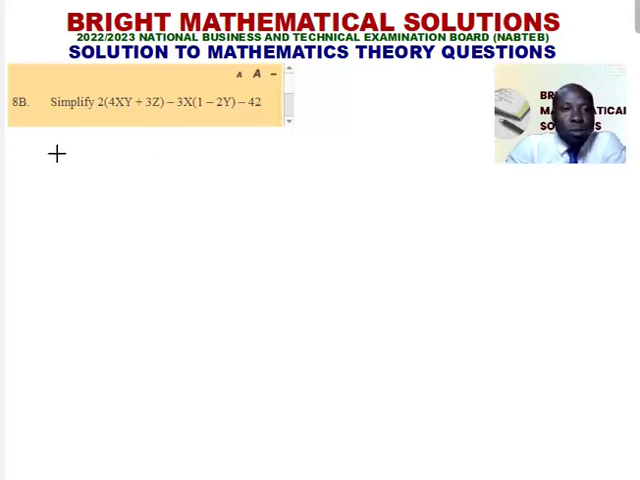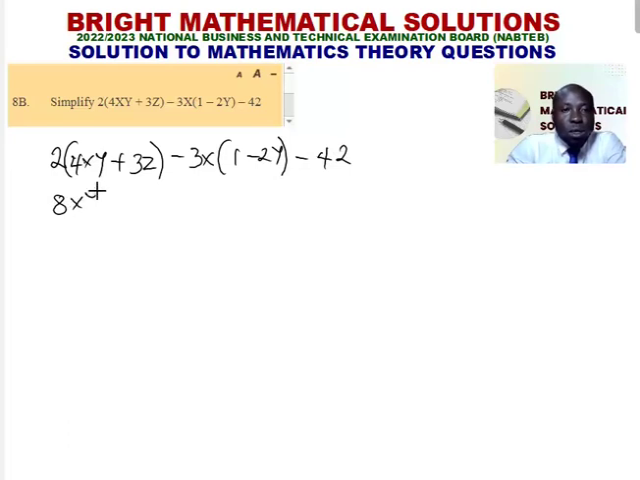And so 2(4xy + 3z) - 3x(1 - 2y) - 42. So let us open the brackets. This will give us 8xy + 6z - 3x